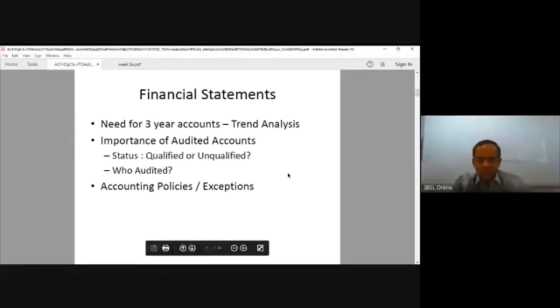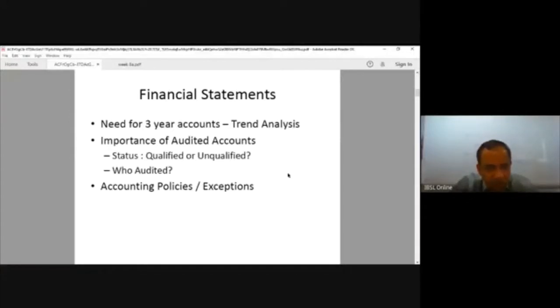Okay, normally we need to look at a trend analysis, in the sense of how the trend of the business is. So if a customer comes and gives you one year's annual report, and you find the profit and loss, balance sheet and cash flow in this, it's difficult. So you need to look at the trend, how the business is performing for the past 3 years. If you have 3-year financials, then you know how it goes up and comes down, and what kind of trend it is,